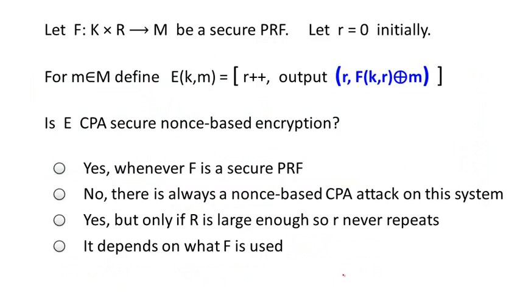So let's look at an example of a nonce-based encryption system. As before, we have a secure PRF that takes inputs in the nonce space R and outputs strings in the message space M. Now, when a new key is chosen, we're going to reset our counter r to be 0. And now when we encrypt a particular message m, we'll increment our counter r and then encrypt the message m using the pseudorandom function applied to this value r. And as before, the ciphertext is going to contain two components, the current value of the counter and then the one-time pad encryption of the